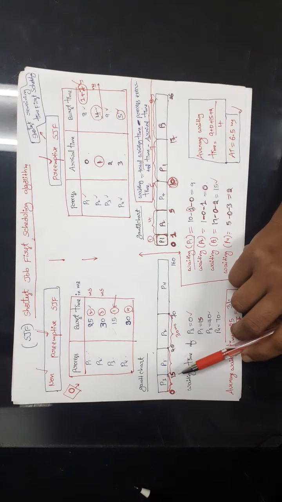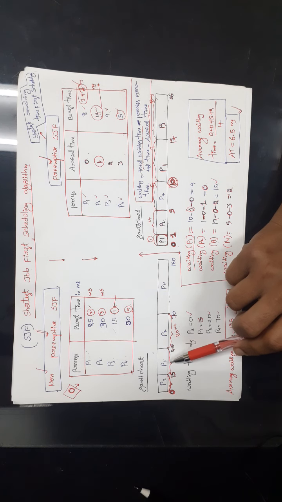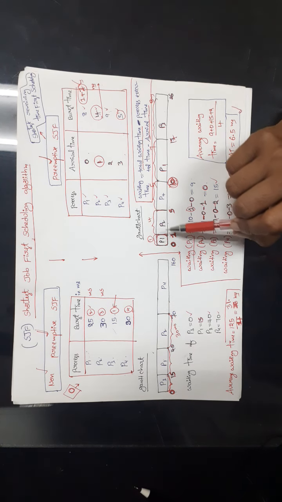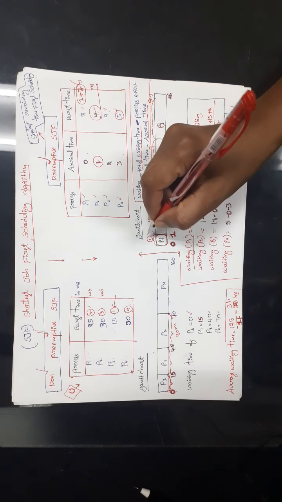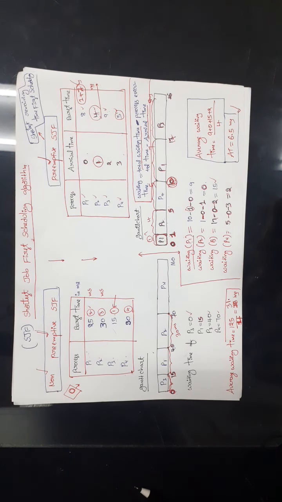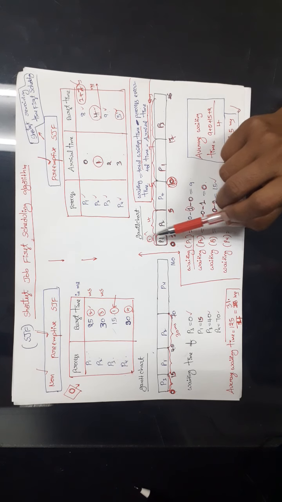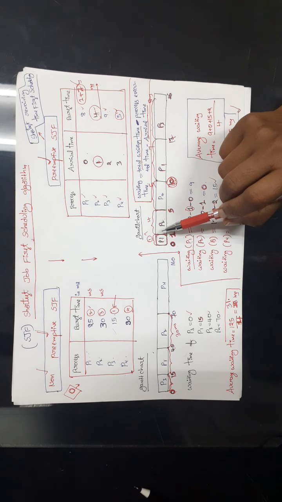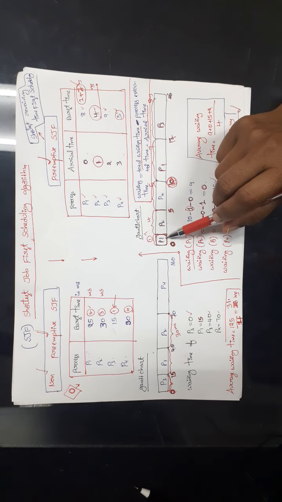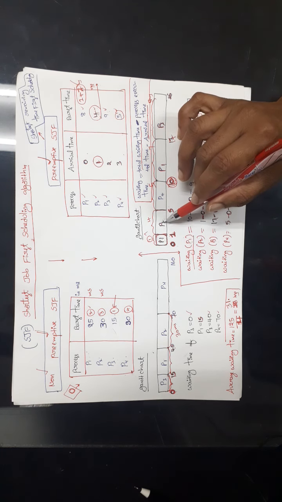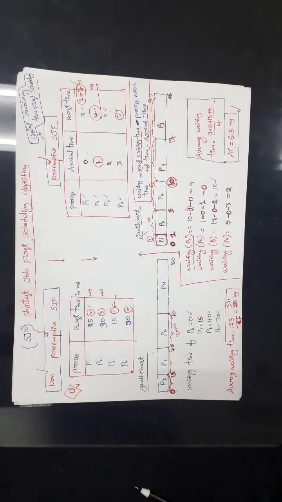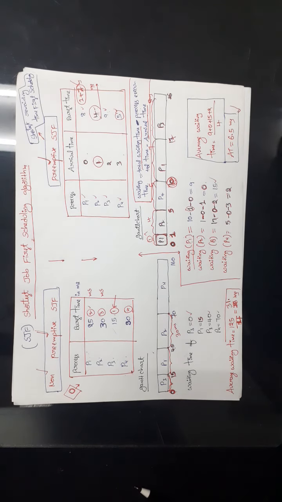In non-preemptive scheduling, we are not taking the CPU away from any process while it is executing. But here if you observe, while P1 is executing, it has to execute another 7 milliseconds, and still we are not letting it continue. We are taking the CPU away from the process P1 and allocating it to P2. This is called the preemptive shortest job first scheduling algorithm.